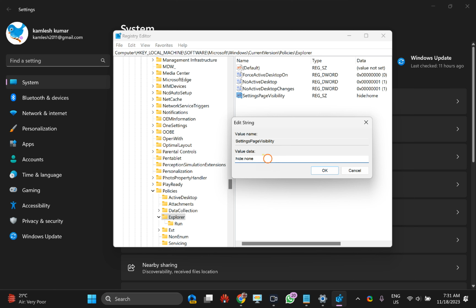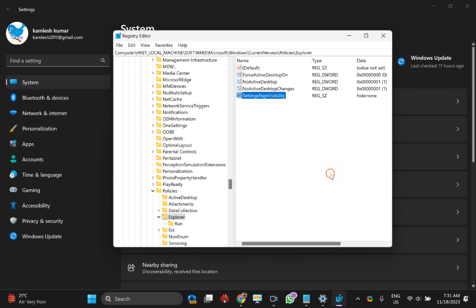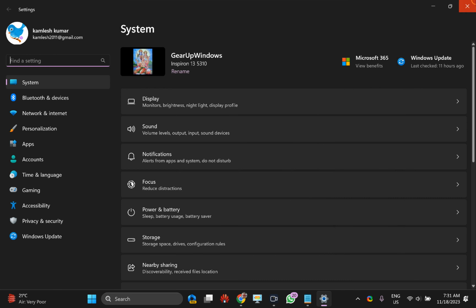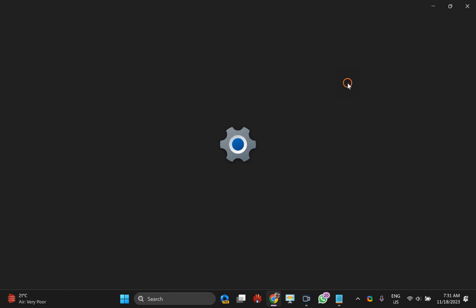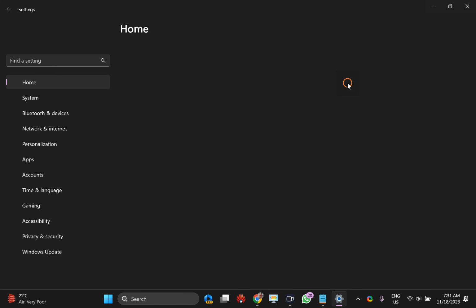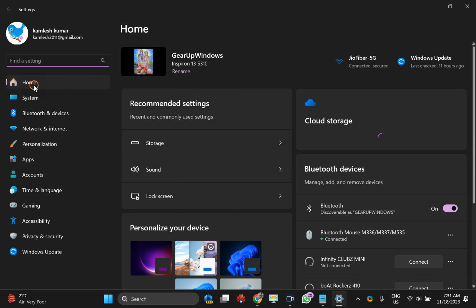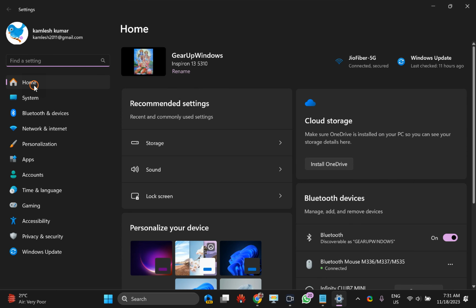After typing this, click OK. Close the Registry Editor. Close the Settings app. Reopen the Settings app on your PC. Now you can see the home settings page appeared in the Windows 11 Settings app.